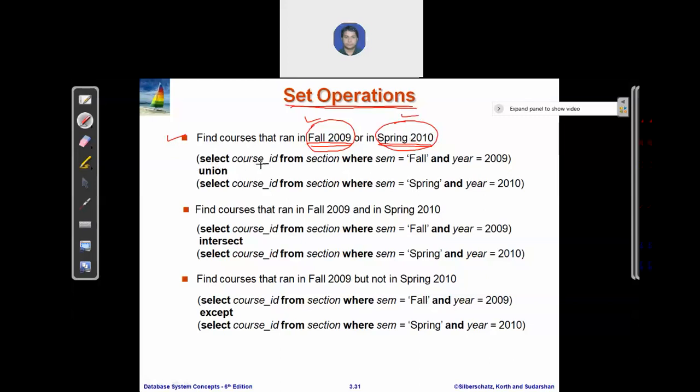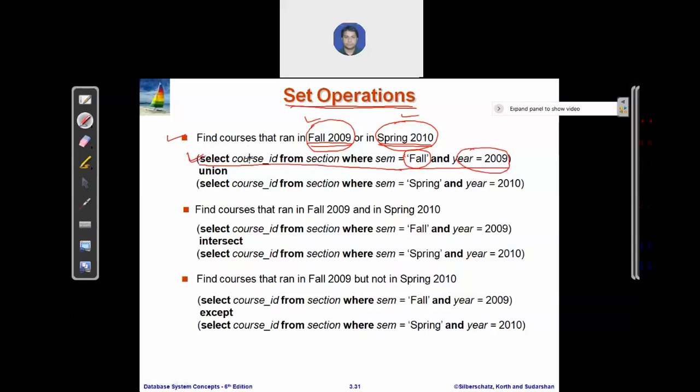SELECT course_id FROM section WHERE semester = 'Fall' AND year = 2009. This is the first query. It will give you all the course IDs of the courses which ran in the fall season in year 2009.